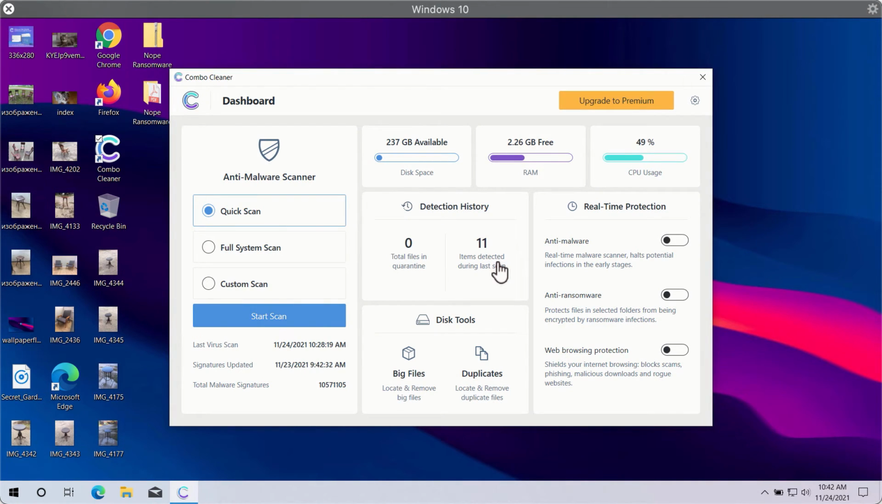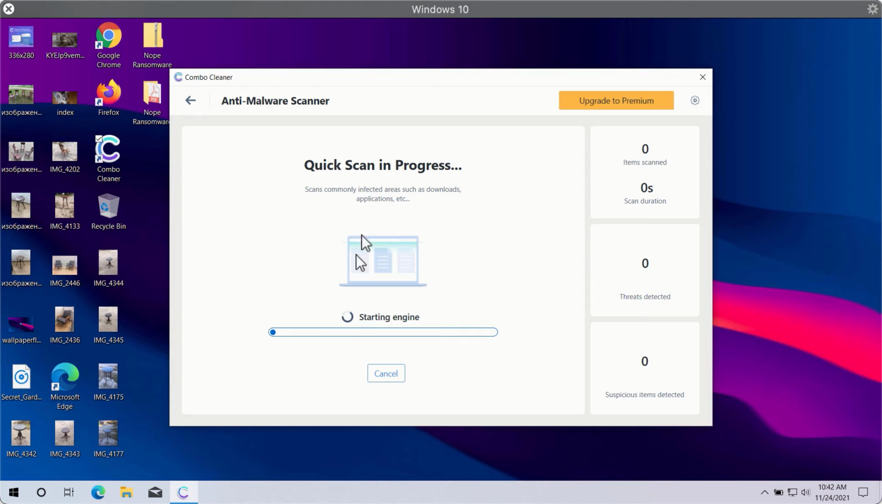After you successfully download and install Combo Cleaner Antivirus, you will need to select your preferred scan type. In fact, there are 3 scan types available. They are Quick Scan, Full System Scan, and Custom Scan. However, Quick Scan is only available in the trial version, whereas the premium version gives you full system scan and custom scan options. So you need to click on the Start Scan button in order to let Combo Cleaner begin the research